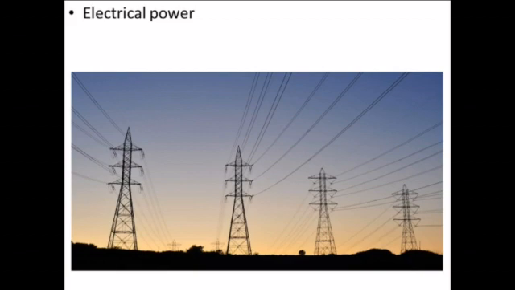The electricity which is used in your home for domestic purposes is calculated in kilowatt hour. It is called unit. 1 unit equal to 1 kilowatt hour, that is 3.6 into 10 raised to 6 joule. When a 1000 watt bulb is on for 1 hour, the energy consumed is equal to 1